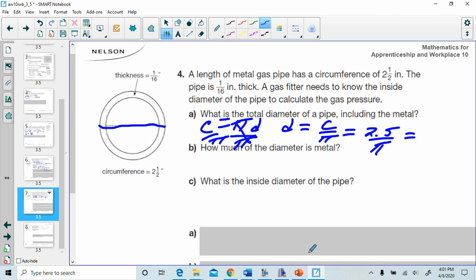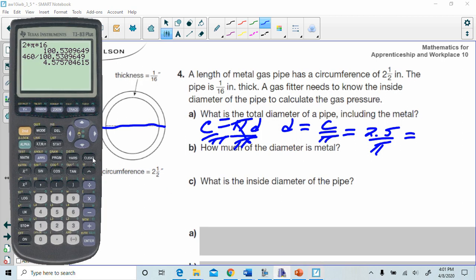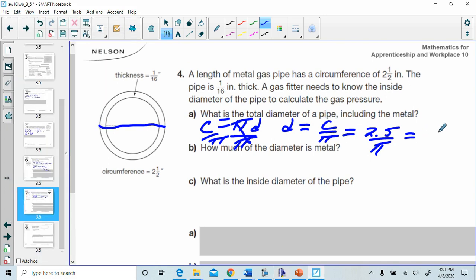Again, we just go and calculate that. So 2.5 divided by pi, I use the pi button. We get a number that's close to 0.8. We can round this at the end, but just keep that number in the calculator. For now, I'll just put 0.8. That was inches. So that's the inside diameter. So this